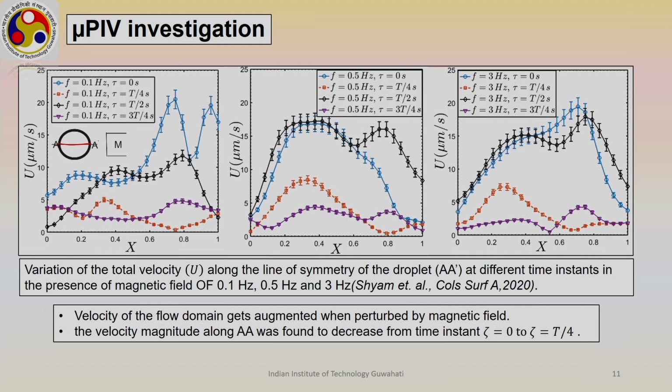What I would like to say is that using this technique, capturing the images which we have taken using this microgravity analysis, if we apply the cross correlation algorithm we can capture the velocity and see the strength of the flow velocity that is being developed because of the magnetic field actuation. We have obtained this flow velocity along line A for 3 different cases, that is the 0.5 hertz, 0.1 hertz and 3 hertz cases.